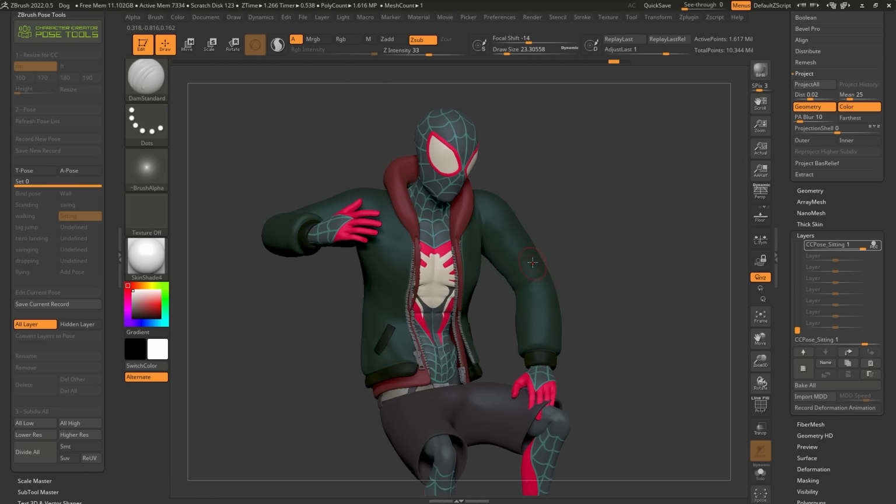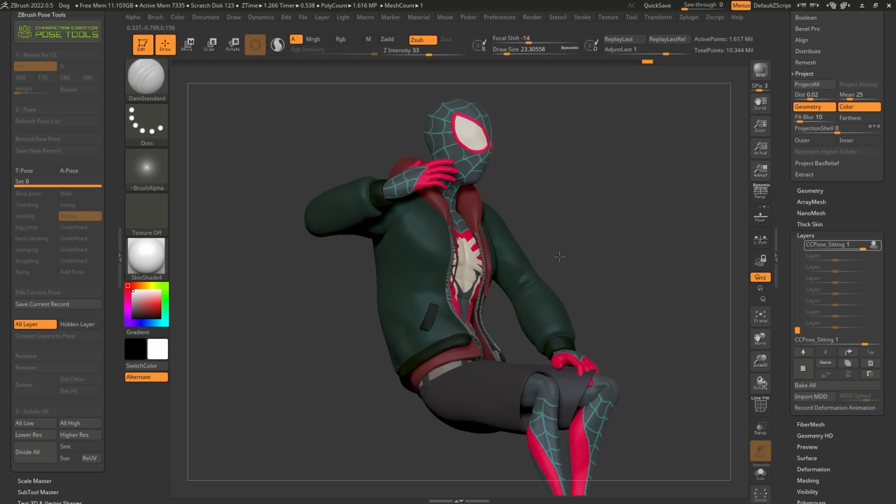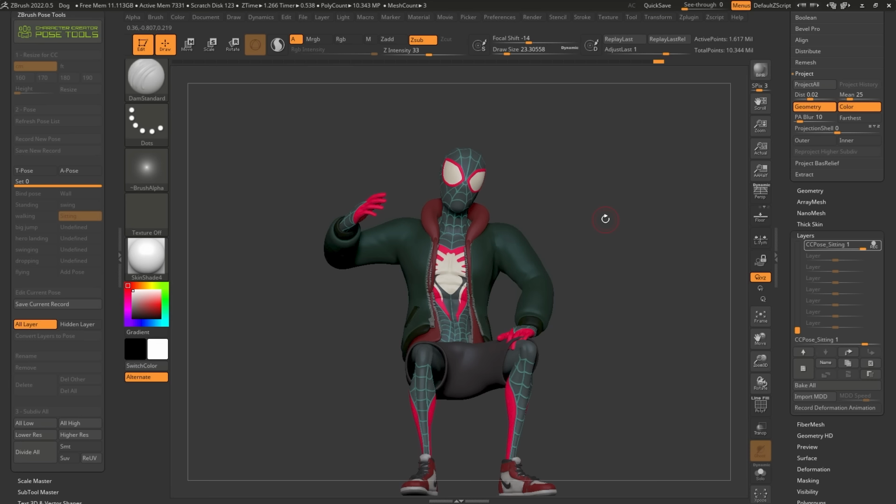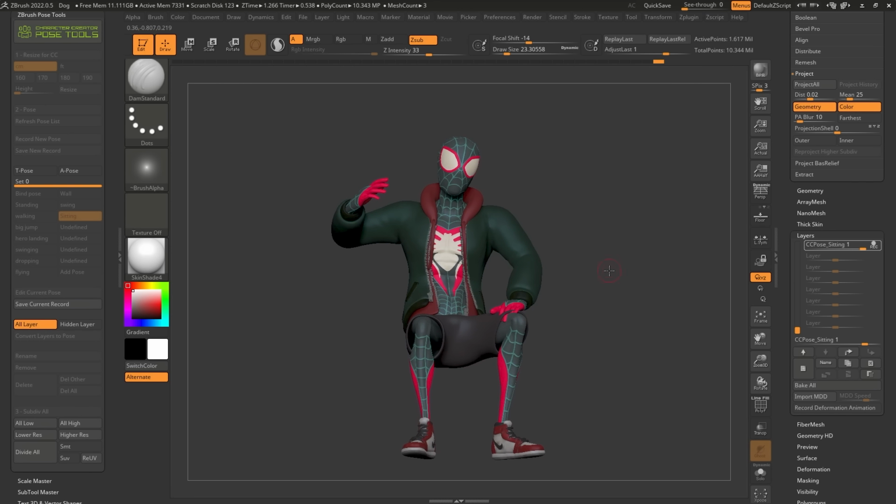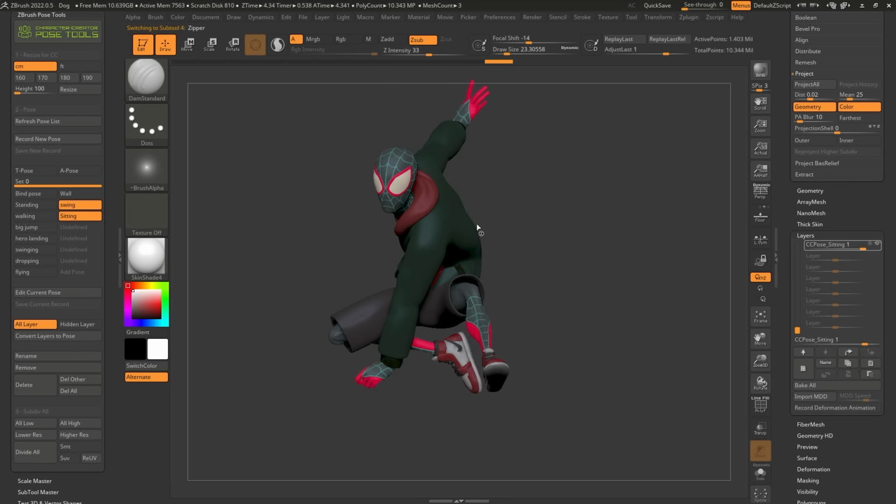Again, you can spend a lot more time just playing around with the folds and the wrinkles, but that gives you an idea how you can utilize this awesome plugin to basically manage and edit your poses that you either create in ZBrush with the Transpose Master or that you bring from CC4. So just to wrap it up, I'm going to click on Save Current Record. And that's it. We have a new edited layer with this setting. So this is basically what I went ahead and did for each one of these poses.